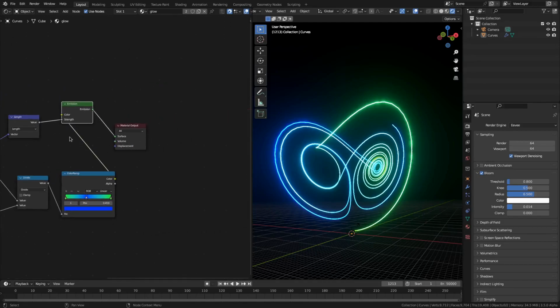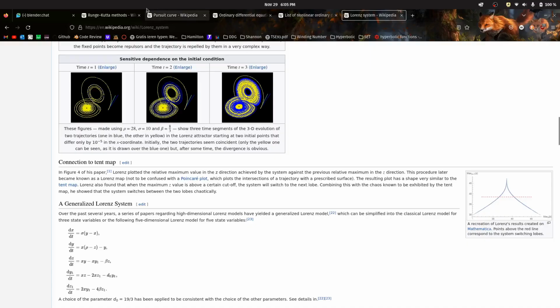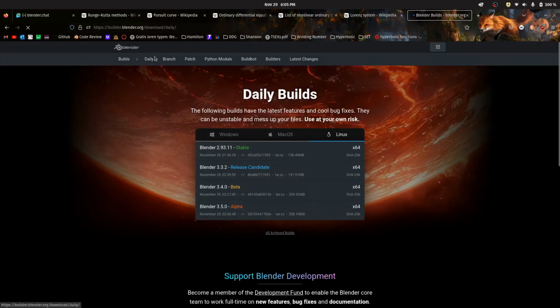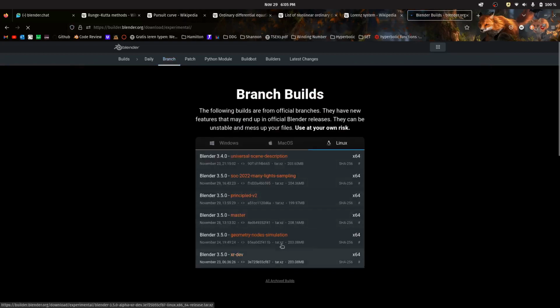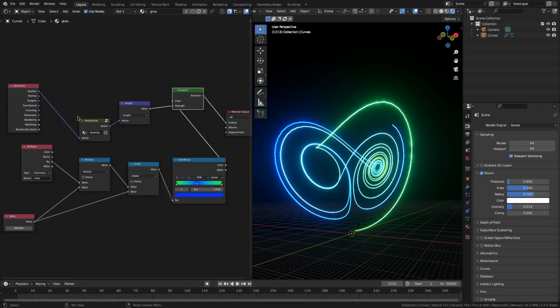You don't have to copy everything by hand, but do make sure that you are on builder.blender.org, that you go to branch and you select this geometry node simulation branch, or if you watch this in the future, that you're on Blender 3.5, if it's already merged into master, so that you have access to